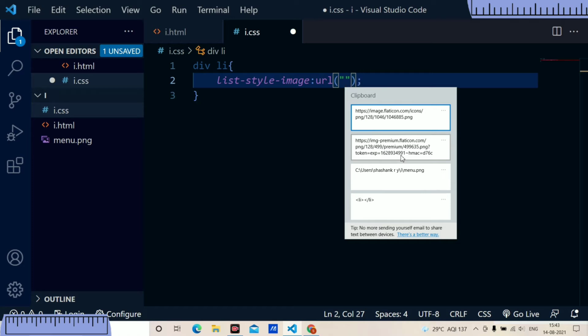The best site where you can find icons for your website is Flaticon, or you can also go with Icons8. Both are good, but Flaticon will provide you more free icons than Icons8, because at Icons8 almost everything is premium and you have to pay for it. With Flaticon, most of the things were free. For images you can go with Pixabay, a site where you can find a lot of free images.